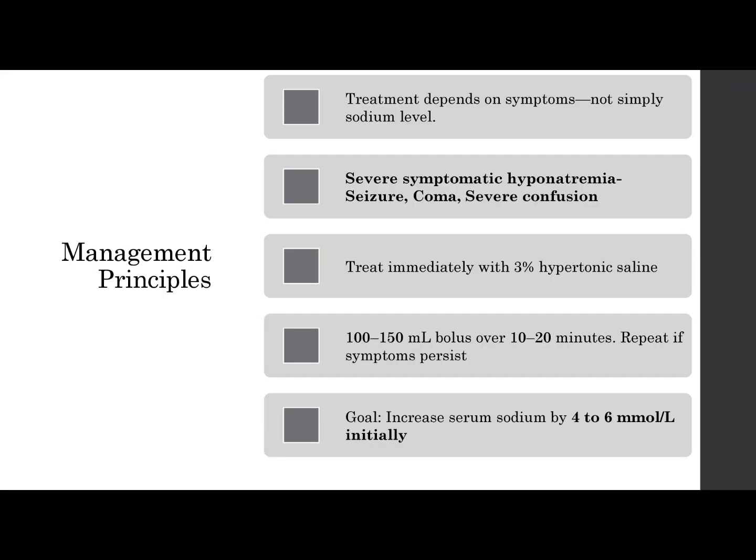Treatment depends on symptoms, not simply sodium level. Severe symptomatic hyponatremia. Examples: presence of seizures, coma, and severe confusion. Treat immediately with 3% hypertonic saline. Current international guidelines recommend 100 to 150 milliliters bolus over 10 to 20 minutes. Repeat if symptoms persist. Increase serum sodium by 4 to 6 millimoles per liter initially, which is usually sufficient to